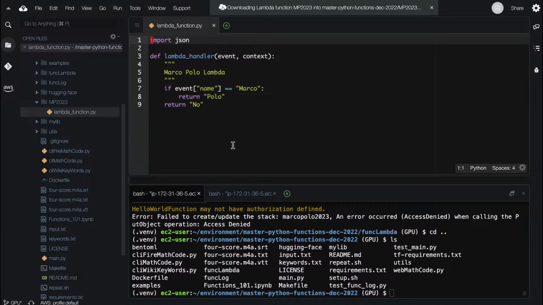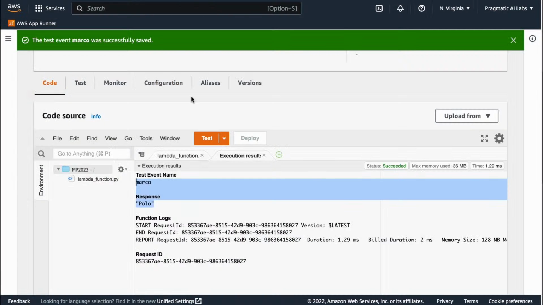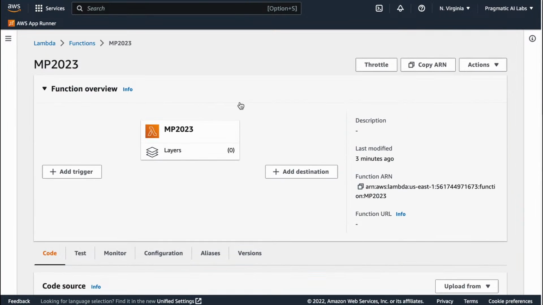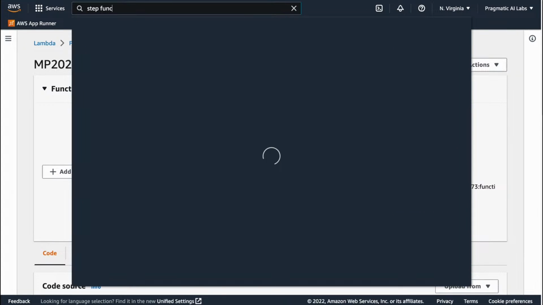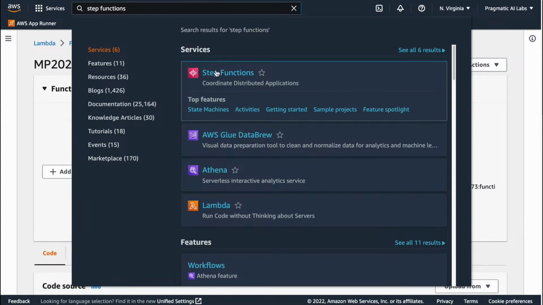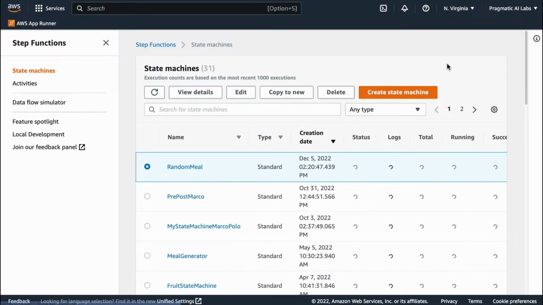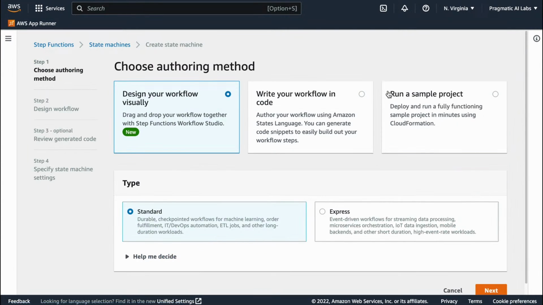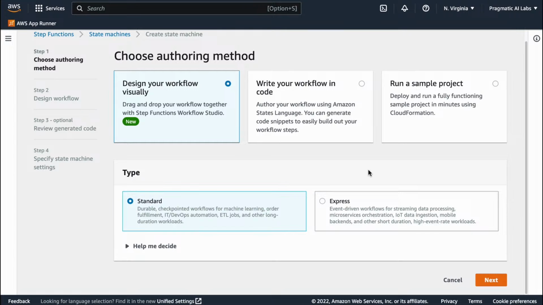Now, the other thing that you can do that's kind of fun with functions once you start going into the cloud is there's another service called Step Functions. And with Step Functions, you can very easily create a state machine and invoke that function that I just did earlier.